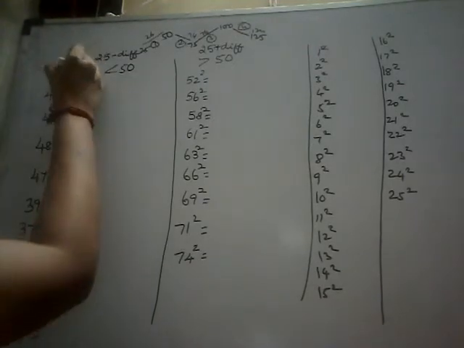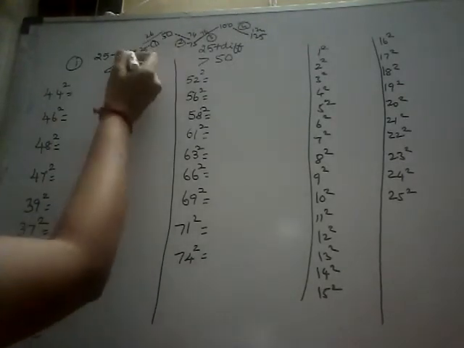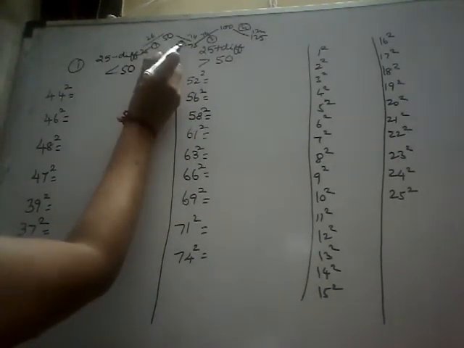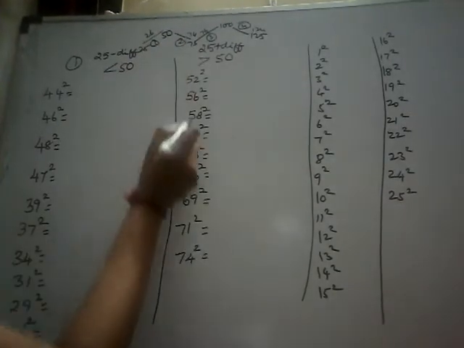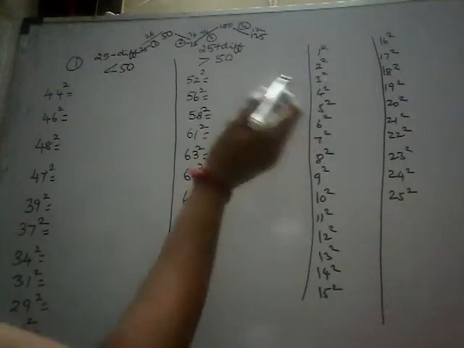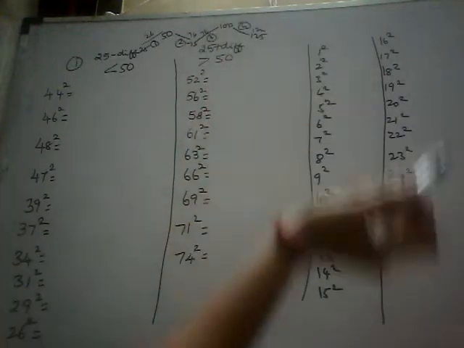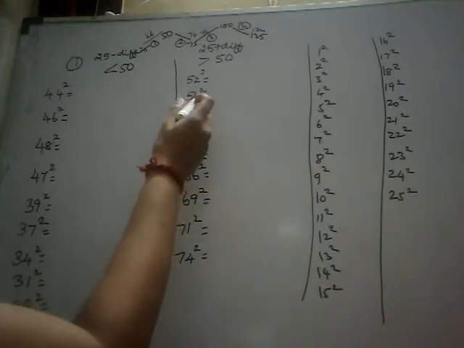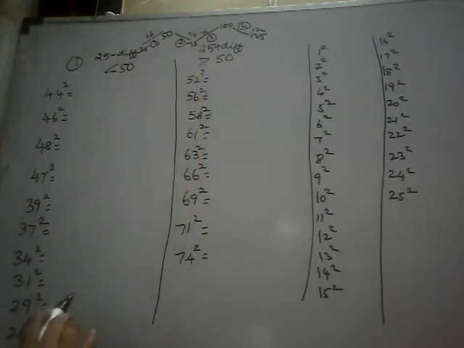In the first part we will do less than 50. Below 50 I'm doing it now; till 25 you all know, so from 26 I'm going to do. Above 50 means from 50 to 75 I'm going to make it. Again 75 to 100 is another session. So the third and fourth we will do in the next chart. First we will do less than 50, and greater than 50 till 75.